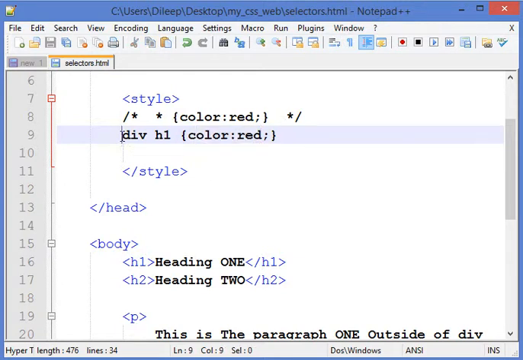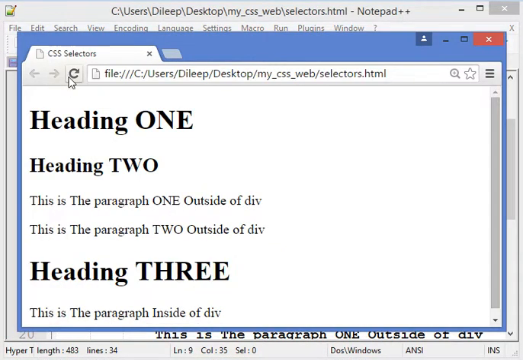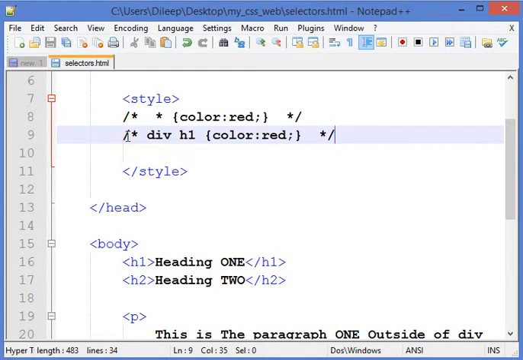Now let us again comment it. So you know how we can make the comment like this, and I'll save it, and I'll go to the web page, I will refresh it, and all the things are gone, because there is a comment and the browser will ignore or skip the code which is commented. Okay,